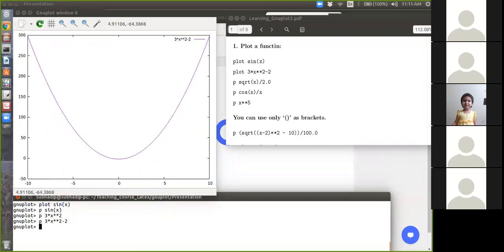It has been shifted due to the minus 2 part. Okay. Similarly, you can plot anything. I will do one more example, say for the square root part. So P is q RT square root, same as the